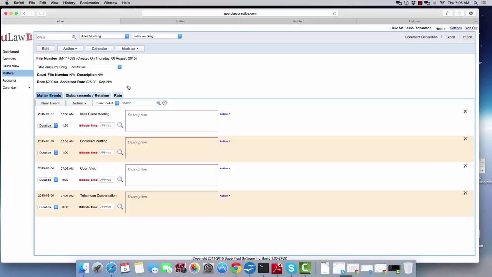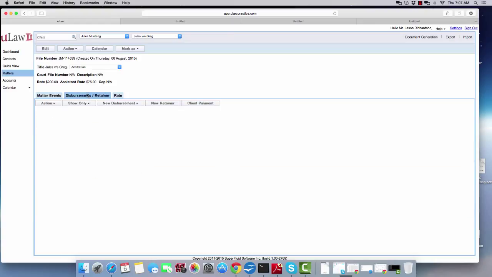Now, what you would have noted is in contingency fee, you would have matters. What would have happened is as you put the docket, you would have definitely put the time you worked on, like for example, an hour and 30 minutes. You would have put that, but you'd have also marked all the billable times as empty. You would have said, hey, none of these are true billable times. Now, when you mark that, whenever it's time for contingency fee, what you can actually say is in disbursements and